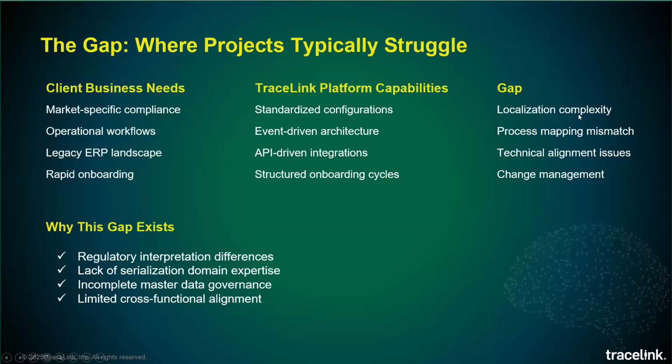When I mean localization complexity, for example, each market enforces any unique serialization reporting or any crypto requirements; regulations again differ in data formats and verification flows or reporting timelines, right? So every organization must configure market specific workflows in their systems, like in Tracelink, while maintaining global data consistency. You have your centralized master data, you don't have to configure or reinvent the wheel from scratch.